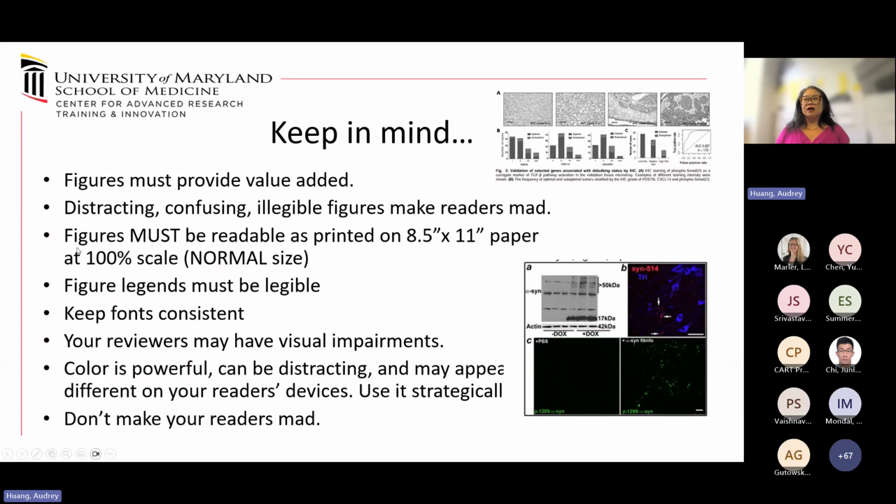What I have on the upper right is a figure from a real grant. This grant actually was funded, and this is at real size. There are 9 panels to this figure. The histology is completely useless. Bar graphs are great in a grant proposal. Histology, I wouldn't do. And then lower left, okay, the Western blot, fine. Immunohistochemistry, I also wouldn't do. I can't tell what's going on in any of these.